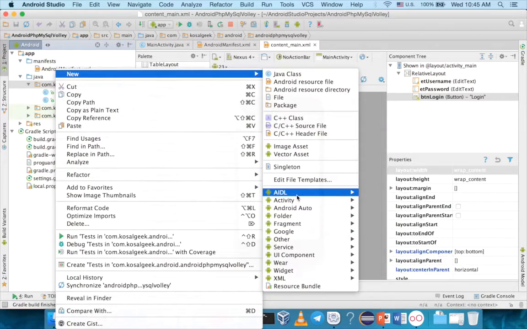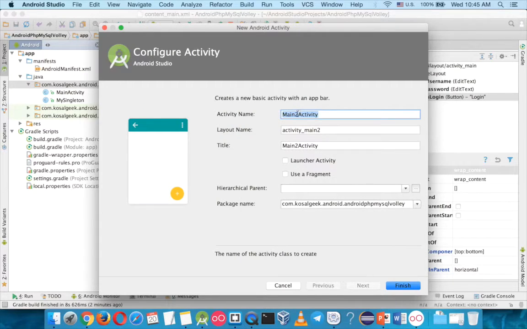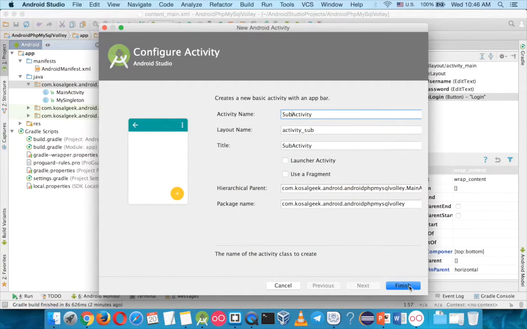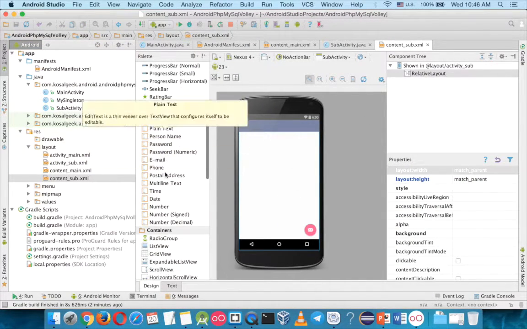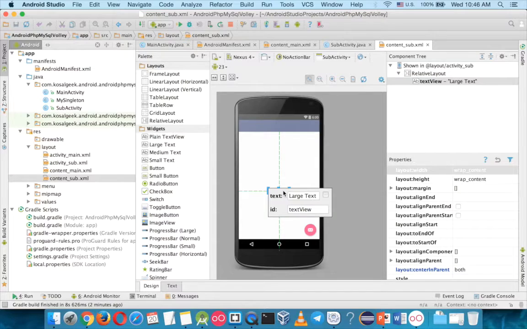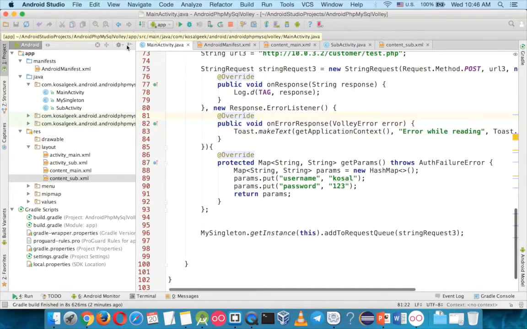New, and you go to activity here and maybe just use the navigation drawer, whatever you want, but let's stick with the basic one. Okay, just call it sub like this. Okay, and choose the hierarchy, the main one. Finished. And in the sub I should have some text. Just say main welcome. Okay, so here in the main,